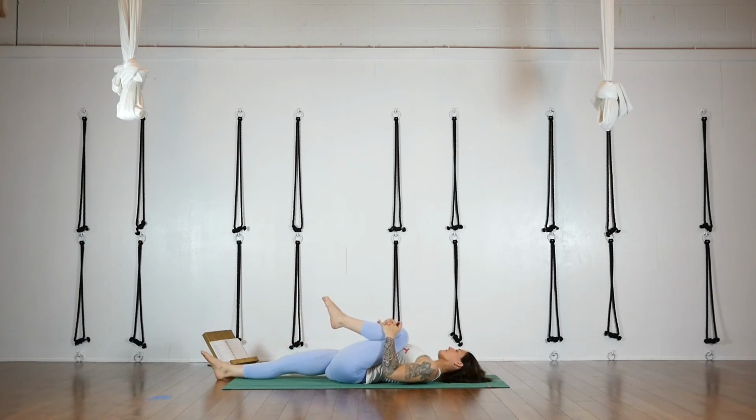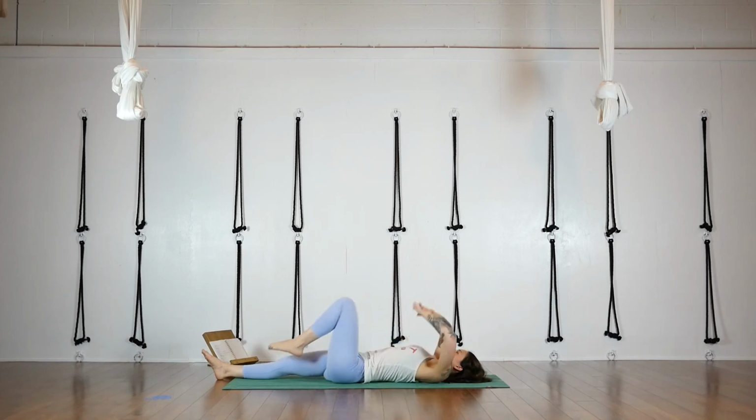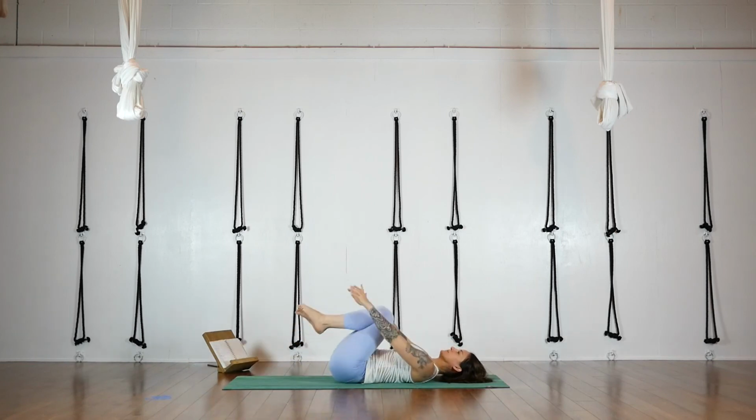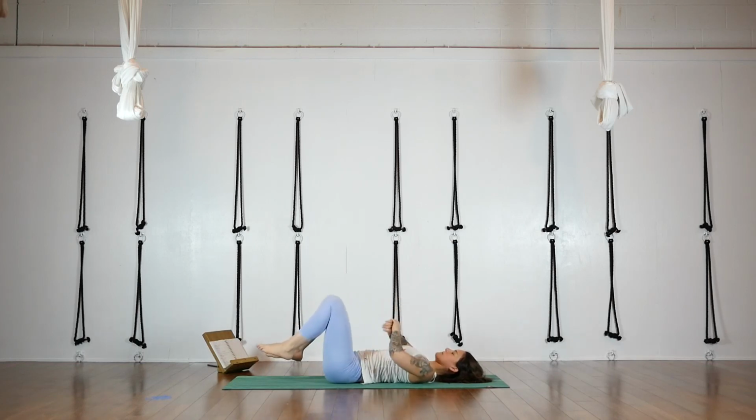Hug that left knee in. You can hug both knees in. You can stretch out full body if it feels good. I'm going to land in another knee squeeze. So here's that Apanasana knee squeeze. And then I'm going to set up for constructive rest pose where my feet just come to the floor. Please feel free to